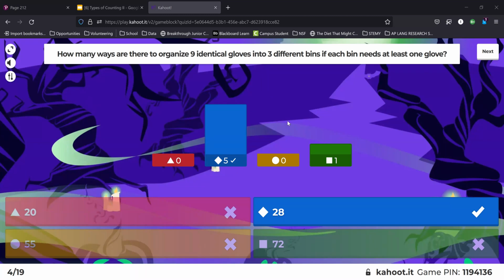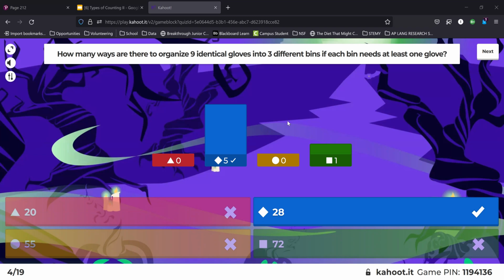Okay, yeah. So if each bin needs at least 1 glove, then we can remove 3 of the 9 gloves, right? Because we already know 1 of those would go into each box. And then now we're just dividing the rest of them. So it'd be 6 plus 2, choose 6, or 6 plus 2, choose 2, which is 6 times,